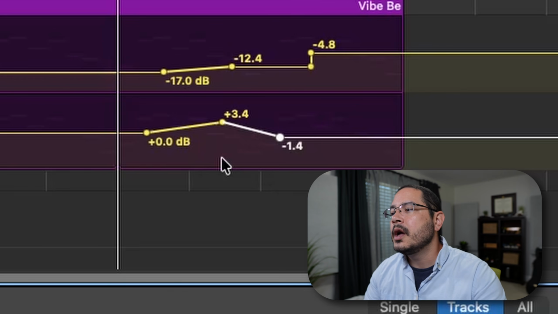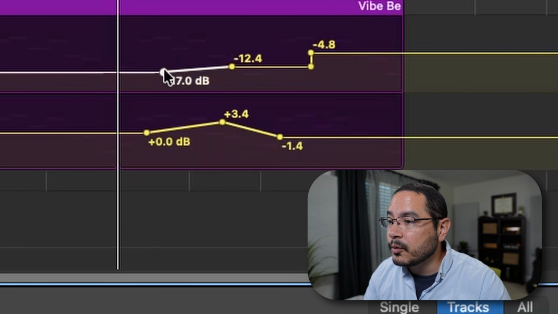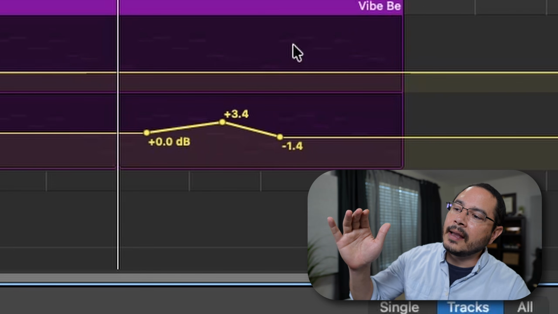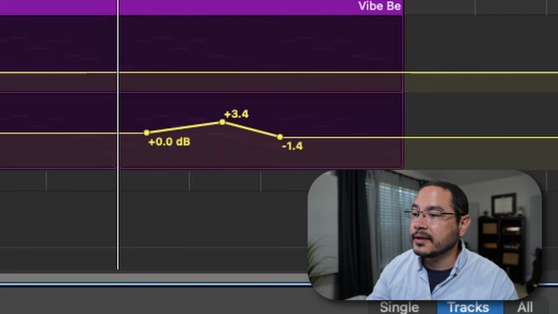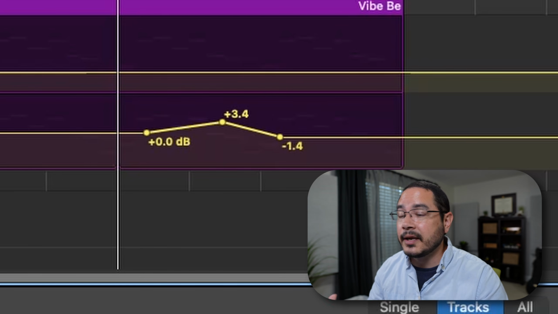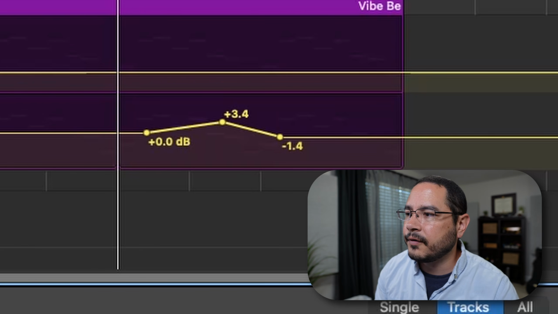Here's what you can do. You can have the relative automation data and get rid of the absolute data. And now it's defaulted to where my fader is. Here's the problem, if you just pull up the relative automation lane and you start writing data, you're going to find you still lose control of your fader.